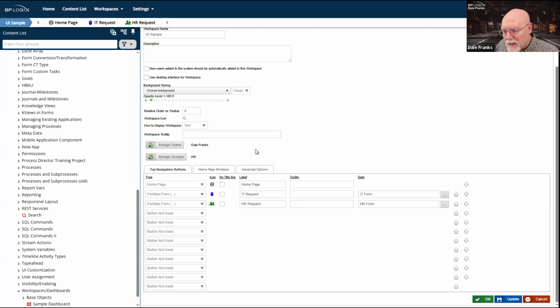The other nice thing about dashboards, though, is that sure, it's kind of cool that I can show them as the homepage of my UI. That's cool. But remember, they're content list objects. So technically, in my general UI, let's go back there.